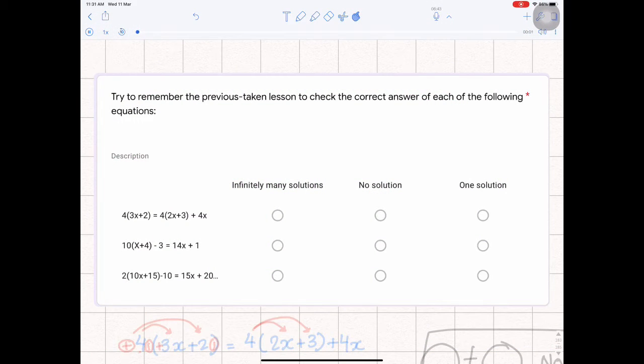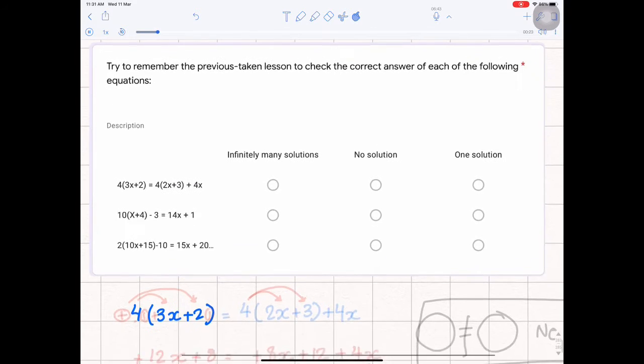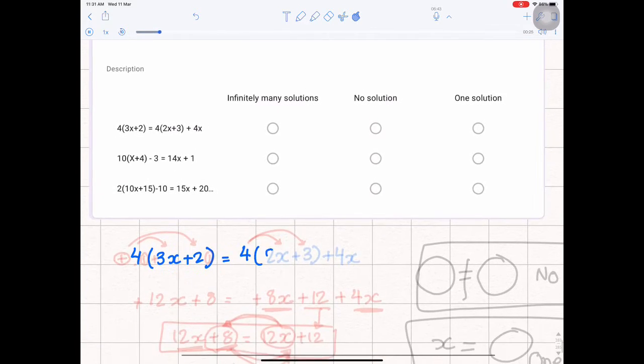So if you can remember, we've taken a lesson about infinitely many solutions, no solution, or one solution, but it was for one equation. Now we are going to take it for a system of equations, but let's remember together how we are solving it step by step. The first one here is telling you 4 multiply 3x plus 2 equals 4 multiply 2x